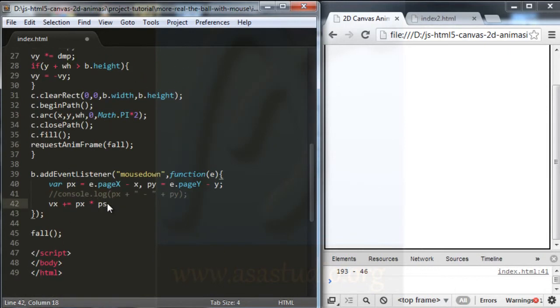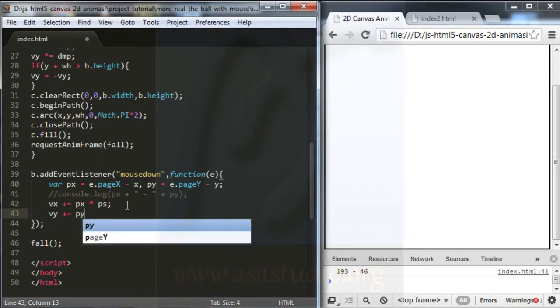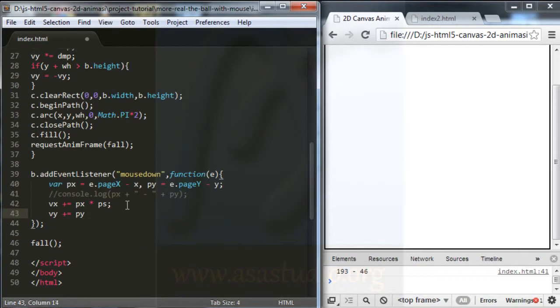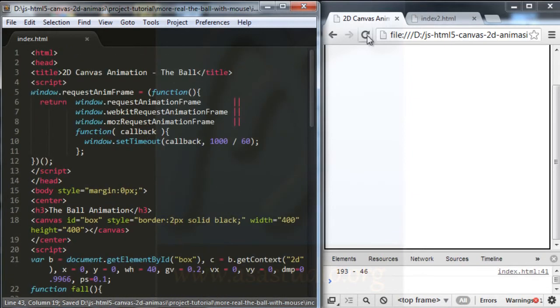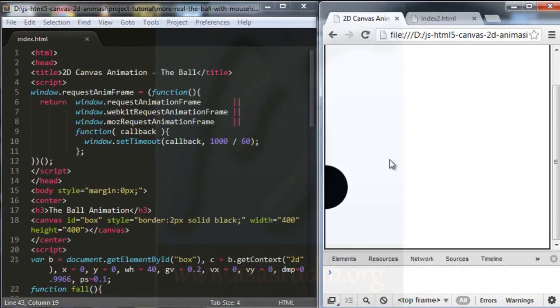here I add ps, closing, and now I type vy plus equal py multiplied by ps. Okay, now I have new values in vy and vx, and if I save and I reload my page, I have